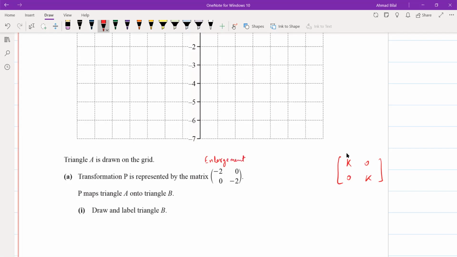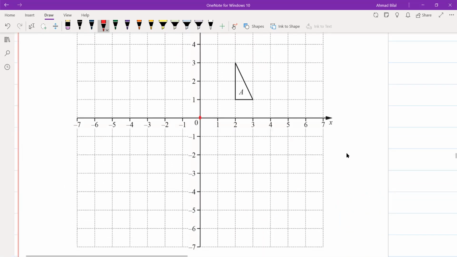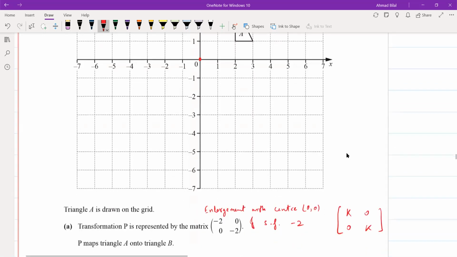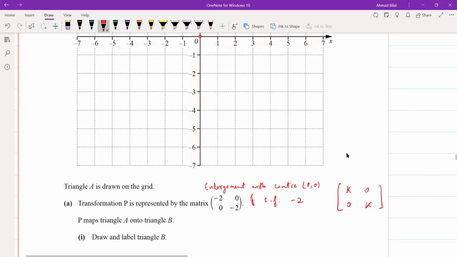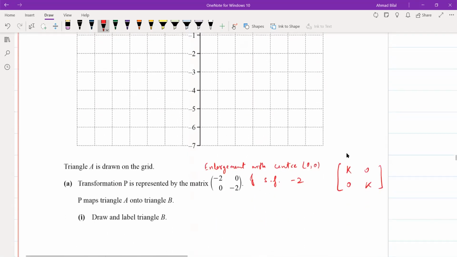This is enlargement with center 0 0, the origin center, and scale factor -2। That is what is happening here। अगर आप ग्राफ पे जाके देखो, आपने origin as the center of enlargement लेना है, उसके about आपने -2 के scale factor से इसको enlarge कर देना।